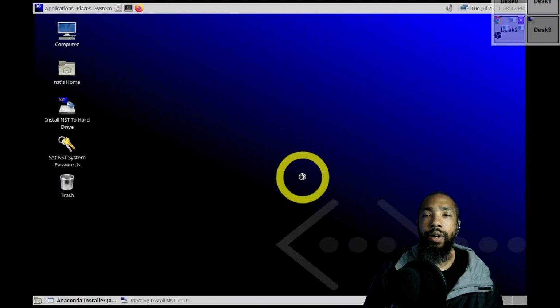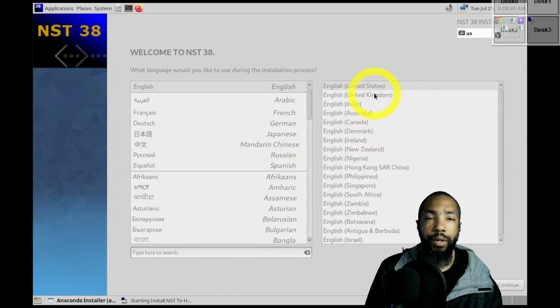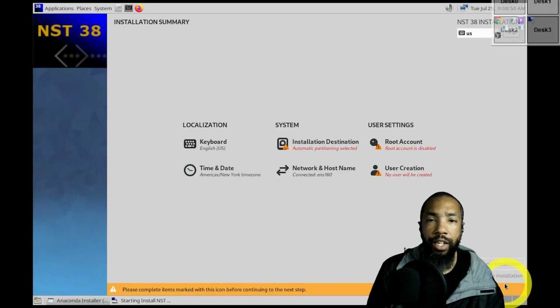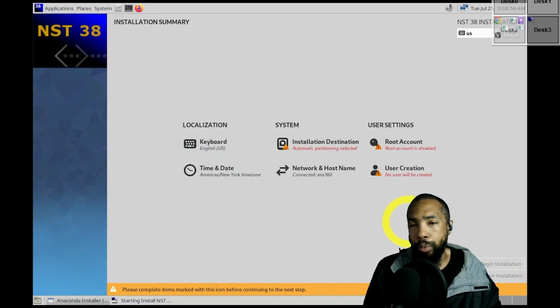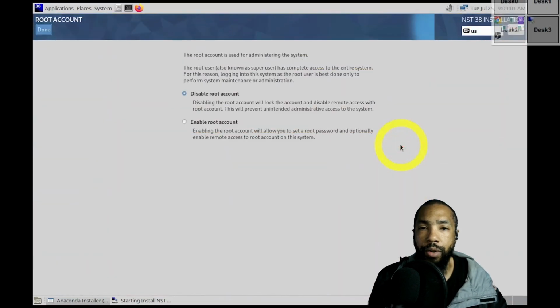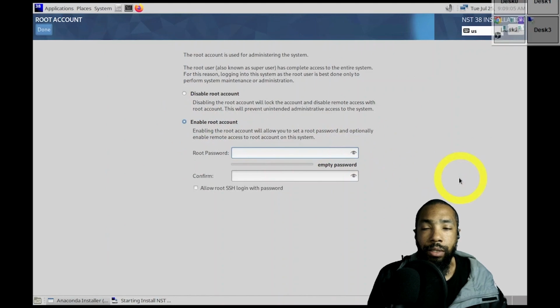Okay, so here we are in that initial setup screen. So we're going to be setting up NST38. Welcome to NST38. Everything's English for me. So it points out the critical issues, and we're going to resolve those critical issues one by one. So we're going to enable a root account, and